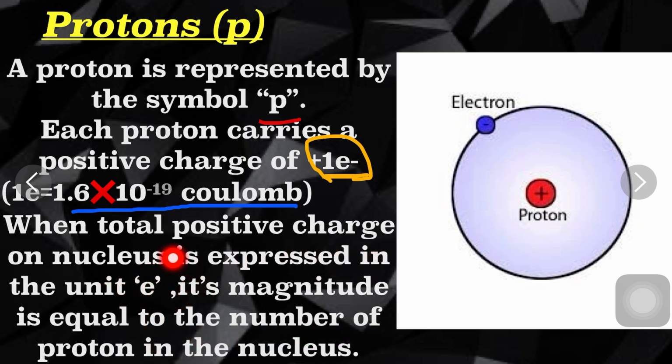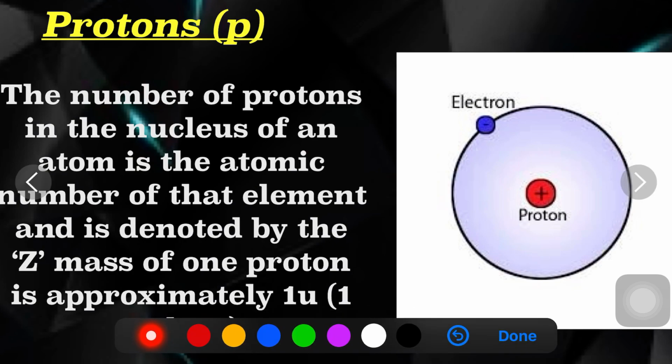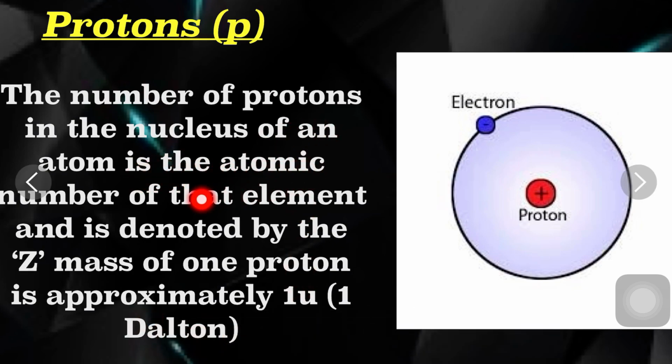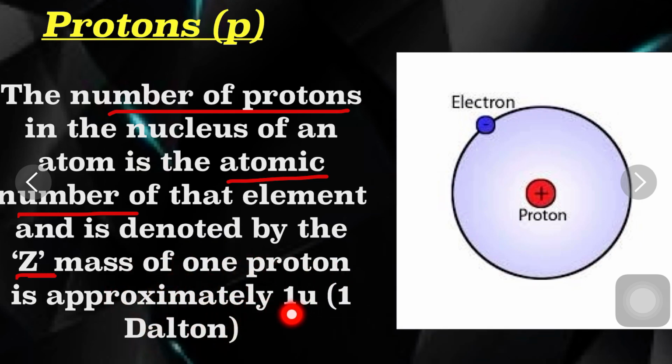Student, once again I will repeat, when the total positive charge on the nucleus is expressed in the unit e, its magnitude is equal to the number of protons in the nucleus. The number of protons in the nucleus of an atom is the atomic number of that element, and is denoted by the symbol Z. Mass of one proton is approximately equal to 1